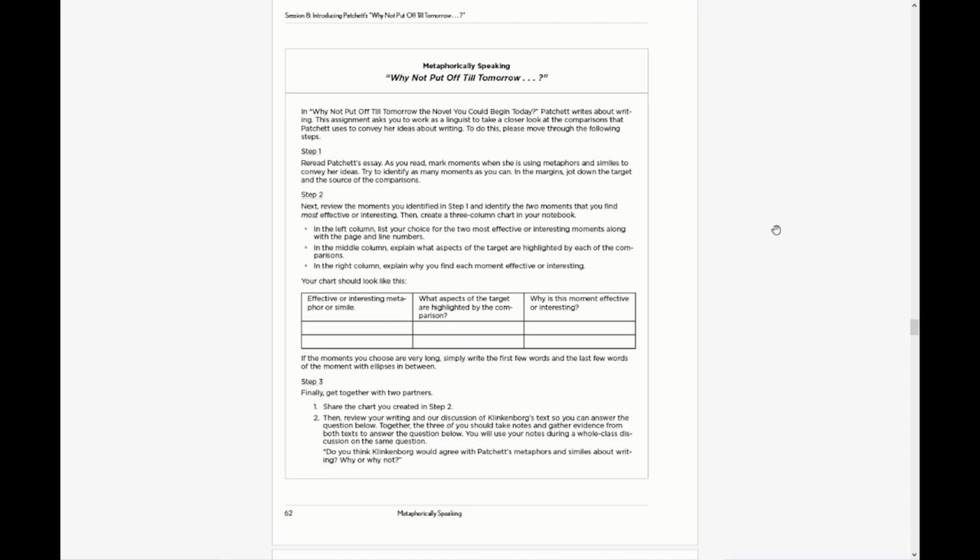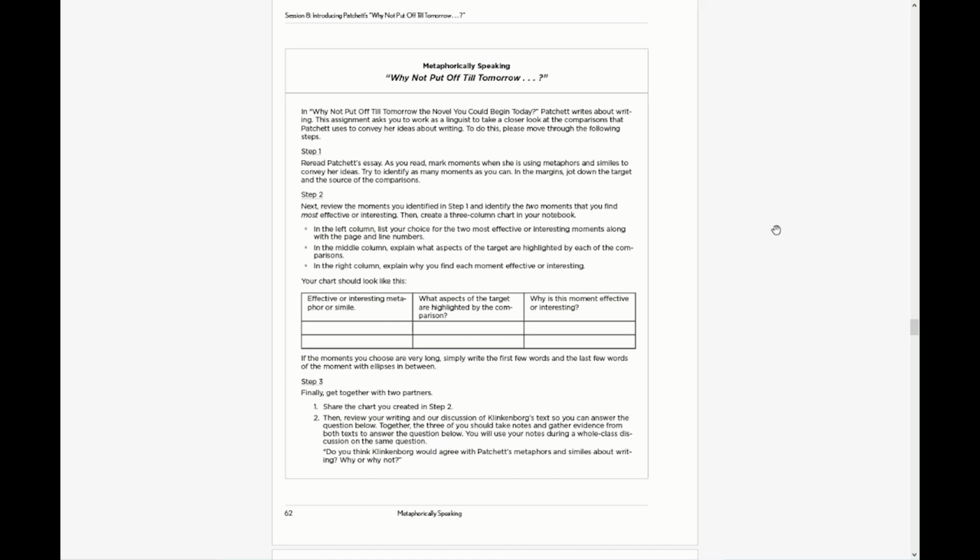I also want to mention, while this is not an explicit focus of these sessions right here, it's a really good thing to highlight with students that writing does not always feel like flow. So just like students sometimes feel like reading should always be easy, and if they're a good reader, they will just automatically understand things, and then they get frustrated when they don't. They feel like they're a bad reader and they can shut down because of that. It's the same thing with writing. Writing, they believe, should be easy for people who are good writers.